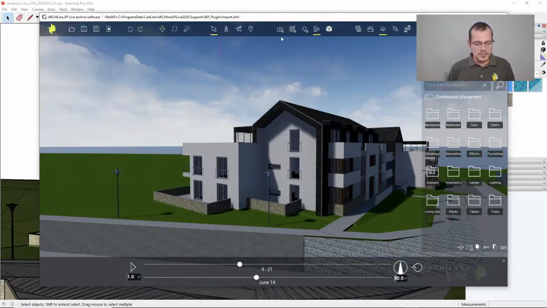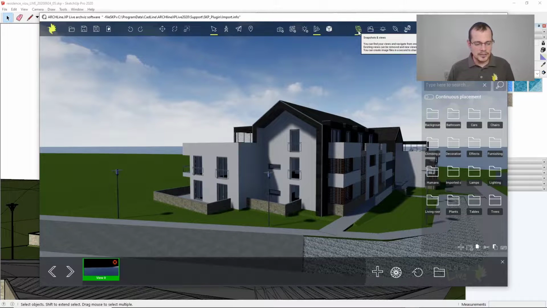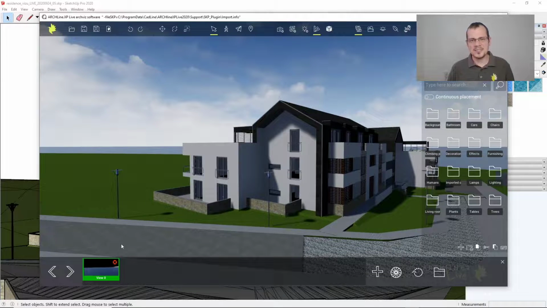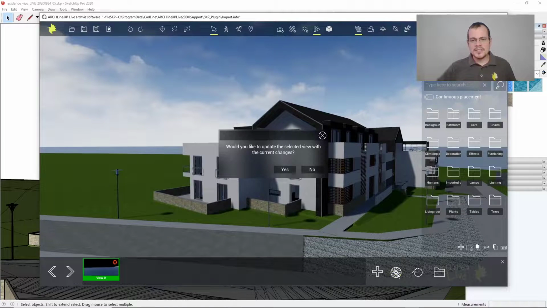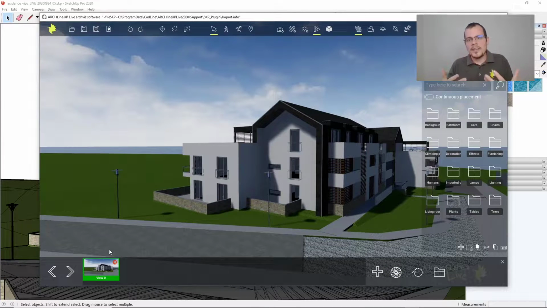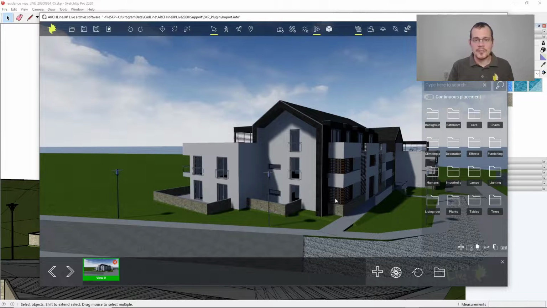So once we have that, let's just investigate what else we have. Here we have the model, we have the terrain, and no views. You see on the top left that there's only one view recorded, but that's not good enough for us. So what we do is we store the view that we see here. Now the view that we have is stored. What does it mean? It means that you can at any time come back to this view, and if you click on this thumbnail, then the view would be set back to this viewpoint. Now this is very good for your purposes because later on,